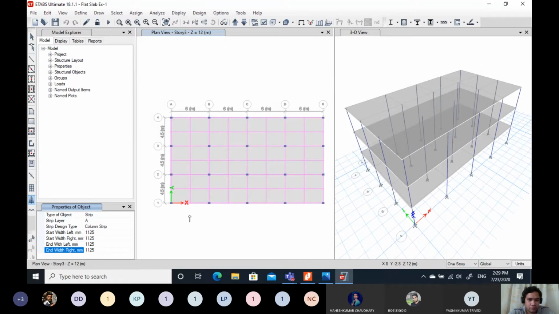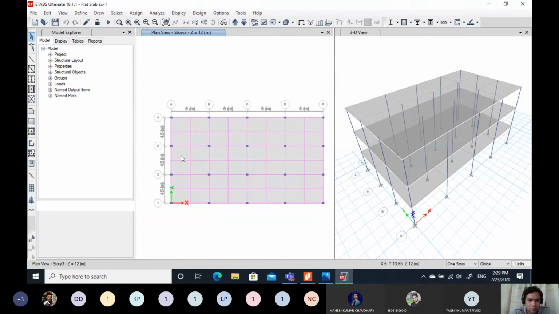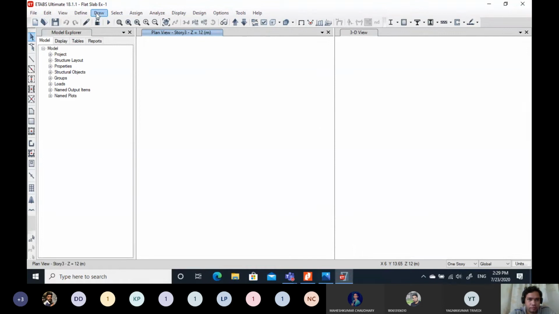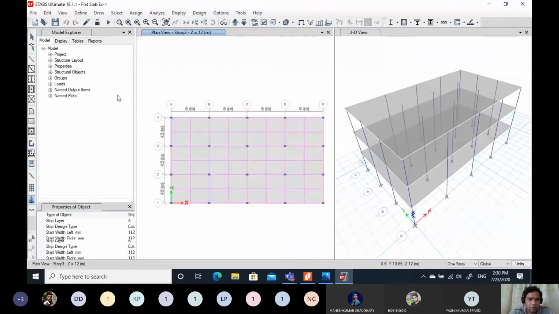Okay, and just click this method. Draw design strips 1125. Just zoom it.